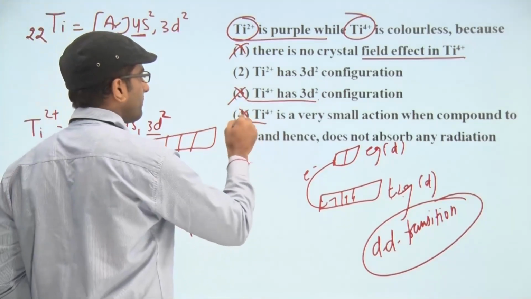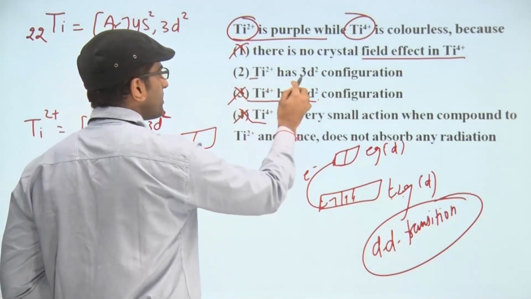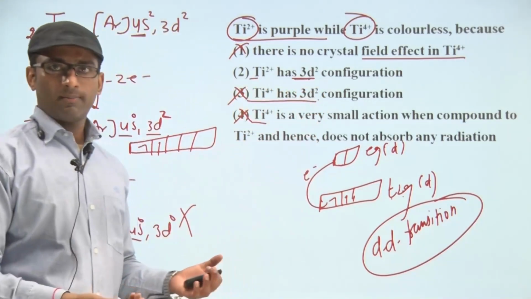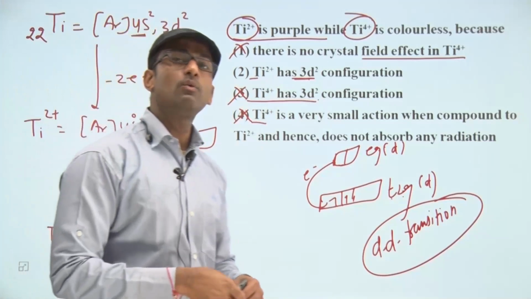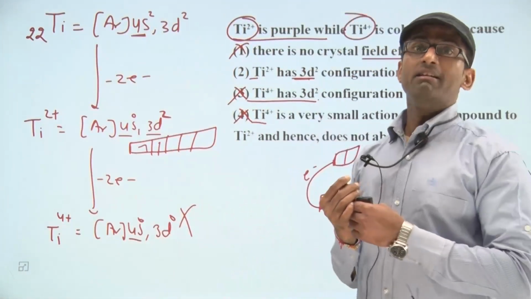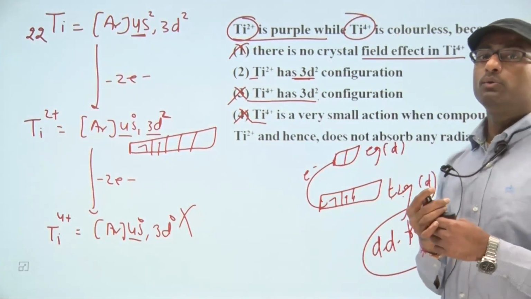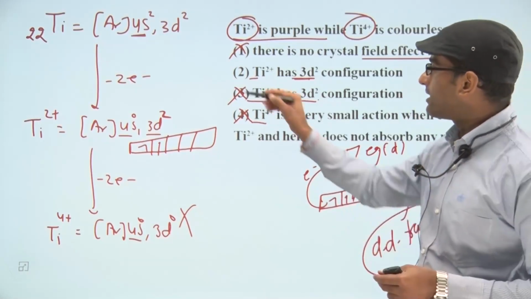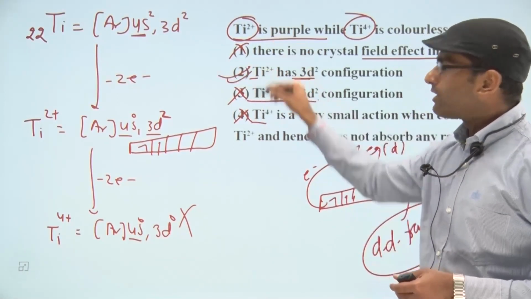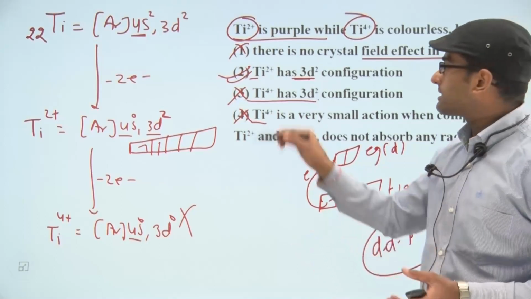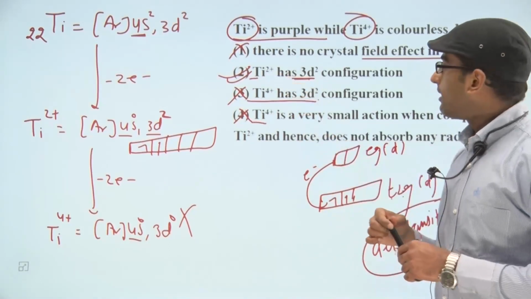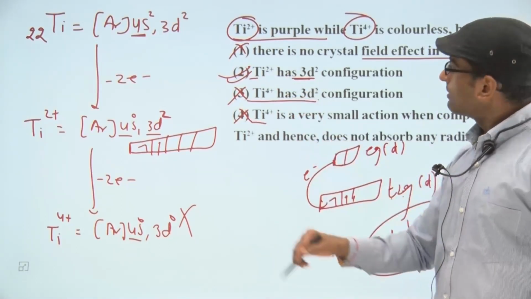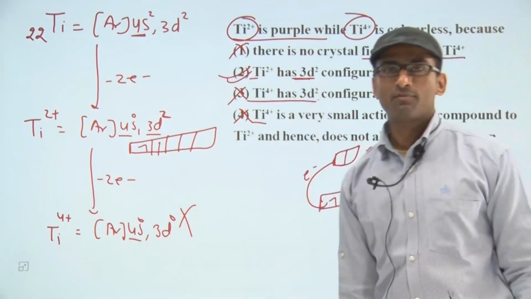Having the more charge. Have a look. Ti+2 has the d2 configuration. So what? Here unpaired electrons are present. So there will be d-d transition of the unpaired electron, due to which there will be appearance of color. It means the second option is going to be correct. Based on the given options, the more appropriate option is the second, although the unpaired electron statement is not given. But the second option is going to be correct for you. Thank you.